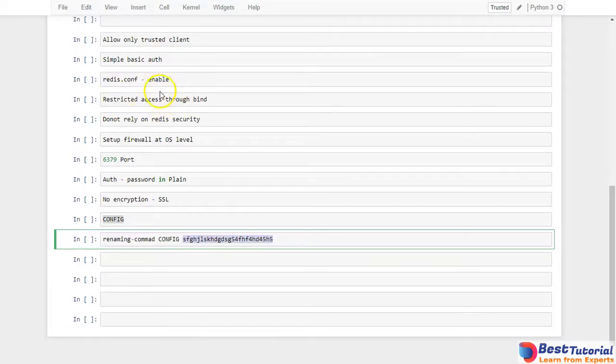But apart from that, Redis provides this simple basic auth mechanism. You can just enable it through the Redis conf file. Once we install Redis, I'll show you what configuration parameters are there. You can restrict your access to some IP addresses, and a highly recommended practice is that you don't rely on this